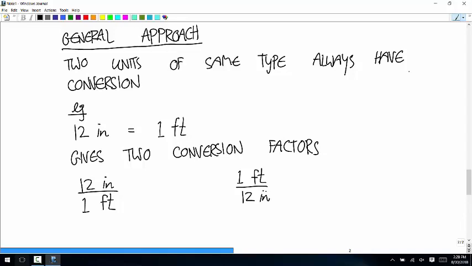And notice, since 1 foot and 12 inches are really the same thing physically, we can think of both of those as dividing one thing by itself. You can think of them as both equal to 1. In other words, you can multiply anything by either one of these without changing the overall value of what you're multiplying it